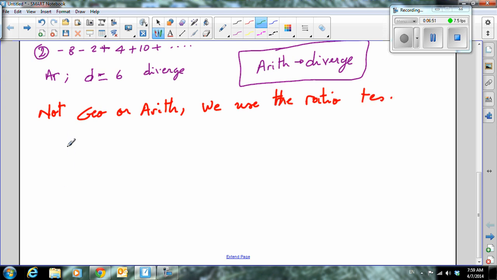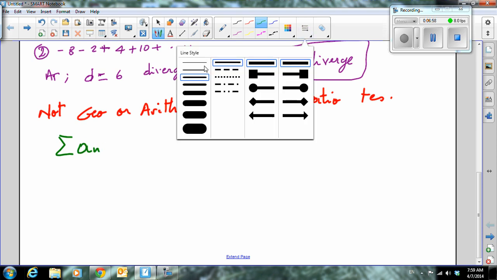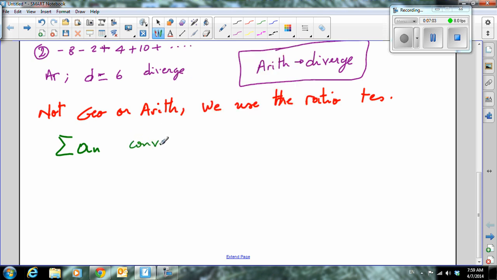For example, I will say here I have the sum of s of n. If I have that sum of s of n, a few scenarios can happen. I would say it converges if the limit as n approaches infinity of the absolute value of s of n plus 1 over s of n is less than 1. It will diverge